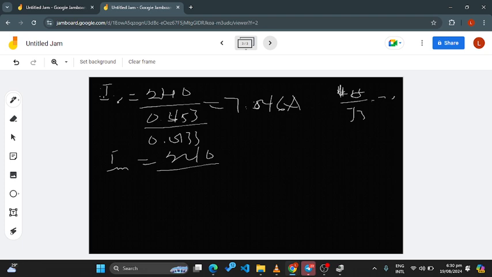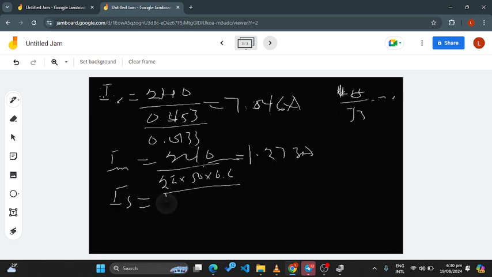The impedance there is given as 2 pi times 50 times 0.6. So 240 divided by 2 pi times 50 times 0.6. What are we going to get? This is equal to 1.273 amps. Okay, so that means the rated current,